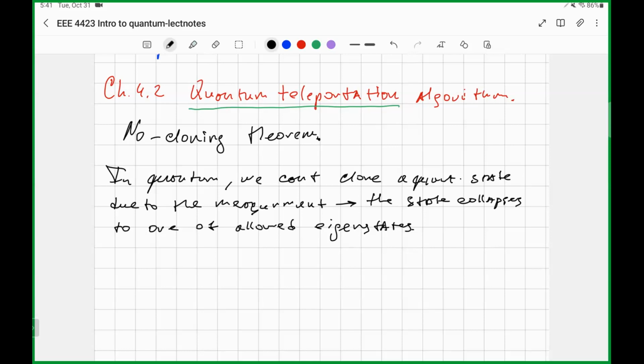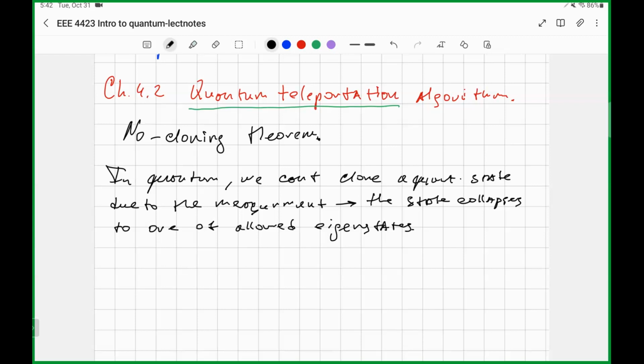In any case, after the measurement, this atom will collapse to either state, and this is of course not the initial state, not the state you want to clone, you want to copy. So, the no-cloning theorem states that we can't clone a quantum state,